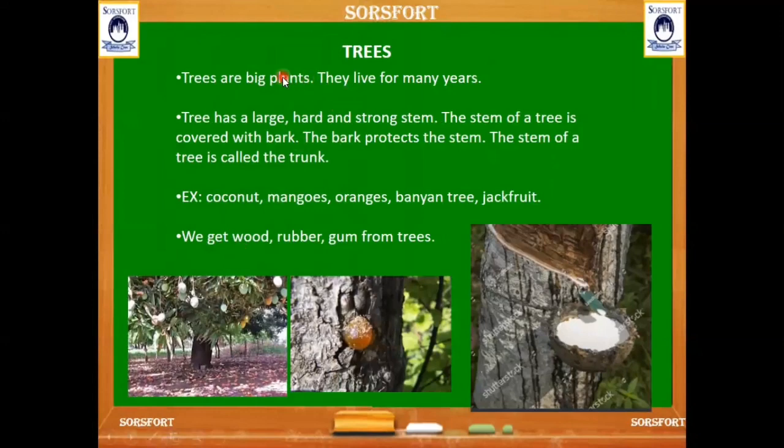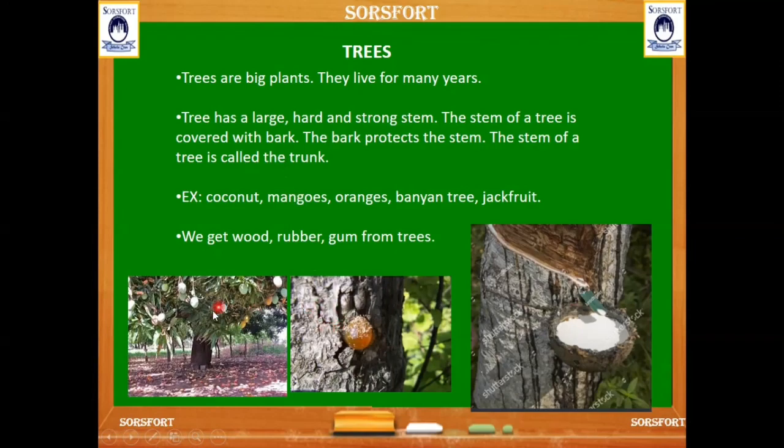Trees. Trees are the big plants. They live for many years. They have a large, hard, strong stem, and the stem of the tree is covered with bark. The bark protects the stem. The stem of the tree is called the trunk.